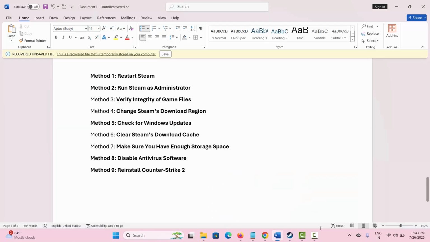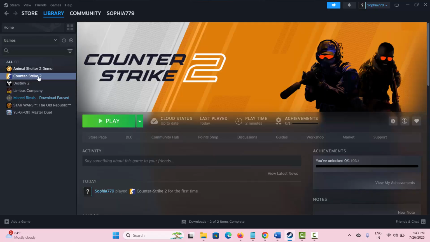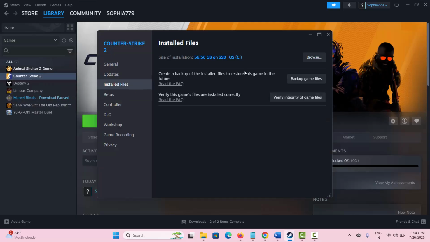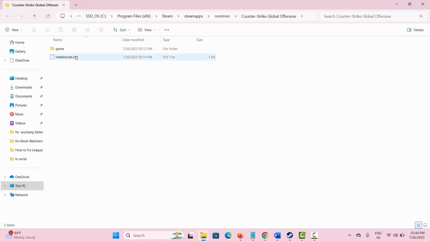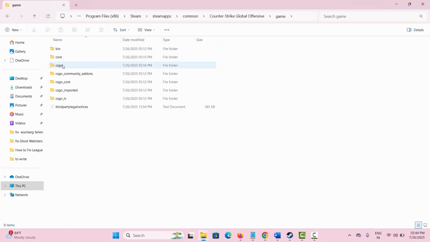If not, the second method is to run Steam as administrator. For that, go to Steam, under library section, select the game, right click on it, select properties. Now click on install files. After that, click on browse. This will take you to the page where your game has been installed. Simply click on game, then here,